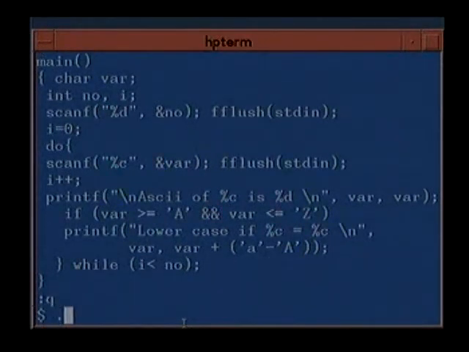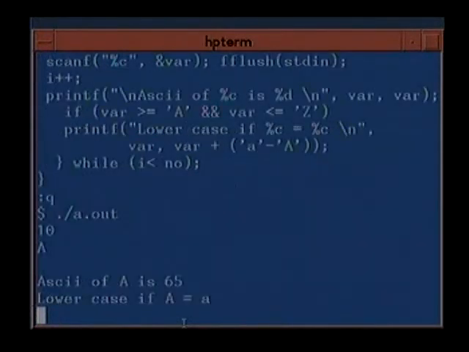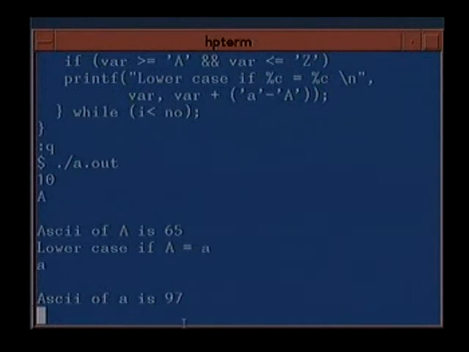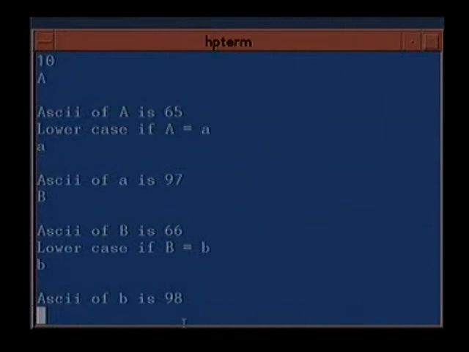So this is how we got the lowercase. If A is 65, small a is 97, take B and take small b. So the difference you will get is 32, that is 97 minus 65, and then you will just add it up. You just add 32 to 66, which will give you 98. So this is how you can get the ASCII values.